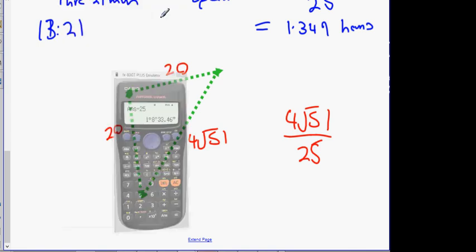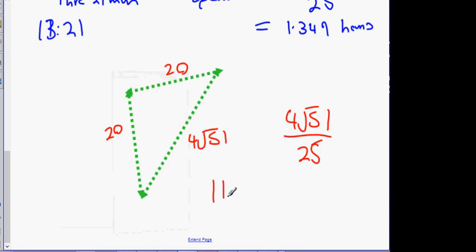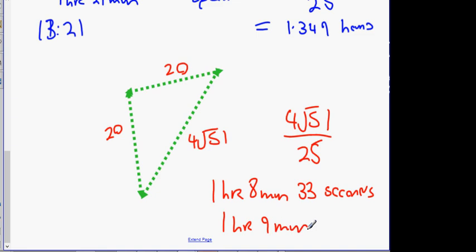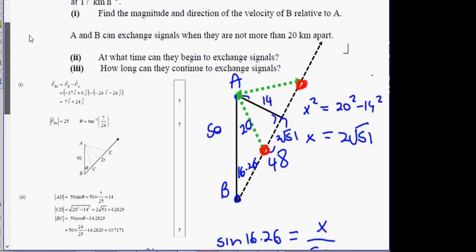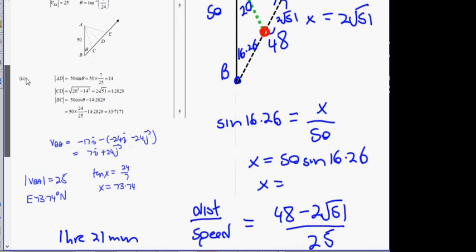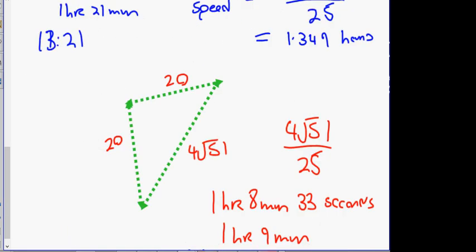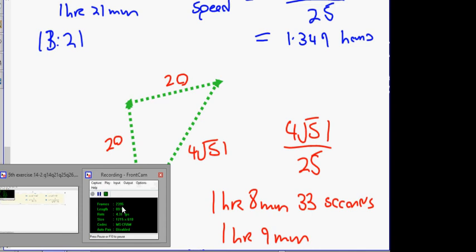Do you know what? If I was in a test, I'd say 1 hour, 8 minutes, 33 seconds, and then I'd put underneath that 1 hour, 9 minutes. Does it say to the nearest minute or anything like that? No. So that's perfect. Alright guys, so that is 2000 and